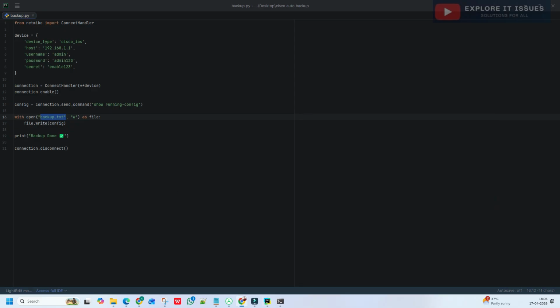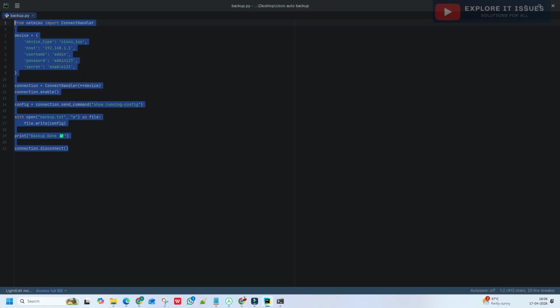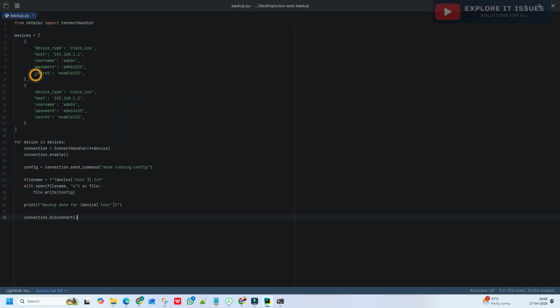So if you want to create a multiple device script, I'll show you again how to create the same. I have copied the multiple device code from ChatGPT as I showed you, and you replace this part with the multiple device code and paste it. See this, there is no difference, only we can add these things multiple times, like 2 times.